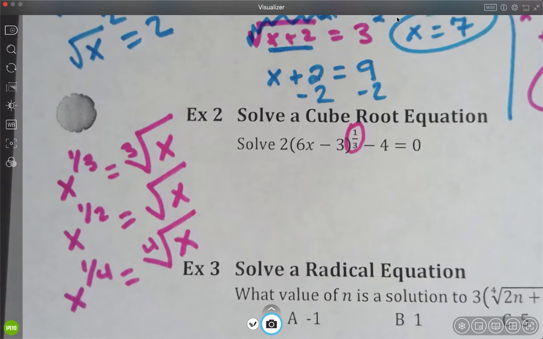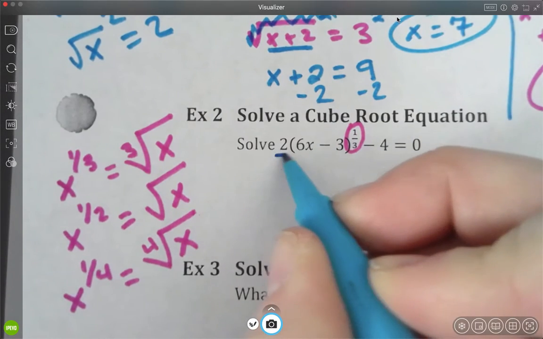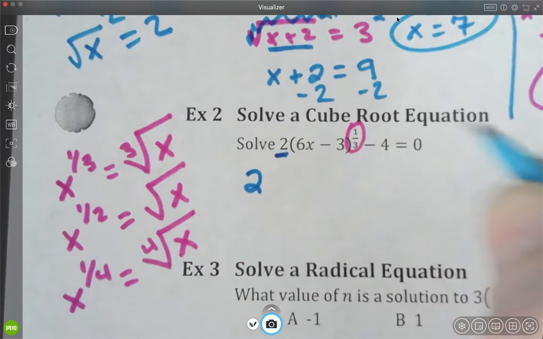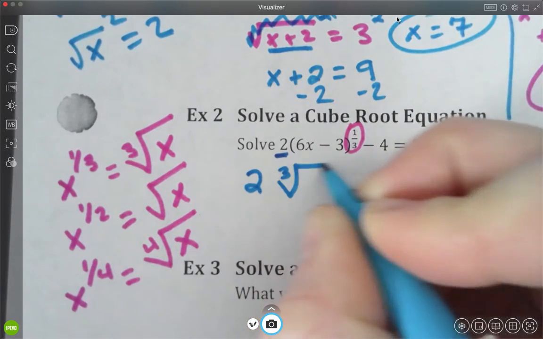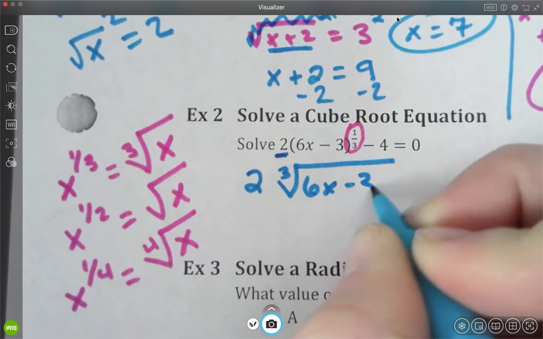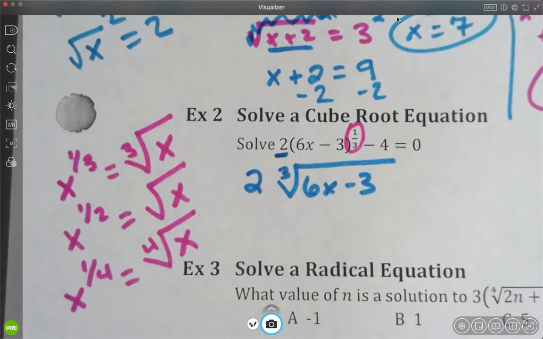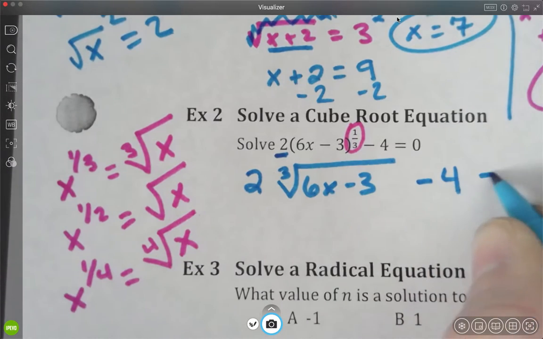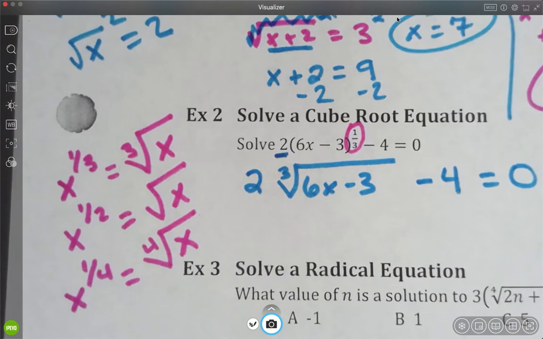What about the 2? The 2 is out in front, okay? The 2 is not inside the parentheses, so the 2 goes out in front. And then my cubic root is just the 6x minus 3, yeah? Okay, what about the minus 4? Is that underneath also? No, the minus 4 is on the outside. Equals 0, okay? So rewrite them like this, and then it makes it a little bit easier to think about